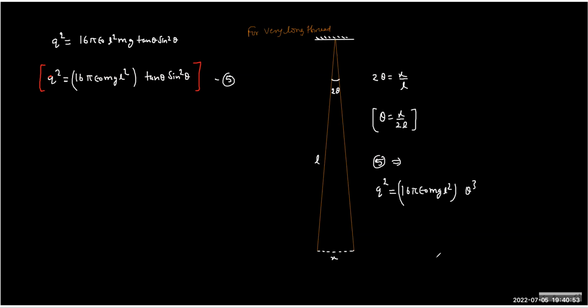Yes. What you can see is that the relationship becomes really interesting. It becomes simple for a small angle, and we can further replace theta by x upon 2L, so the q square turns out to be